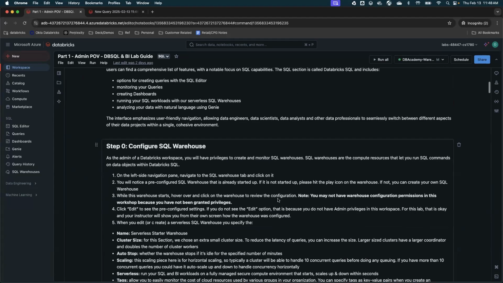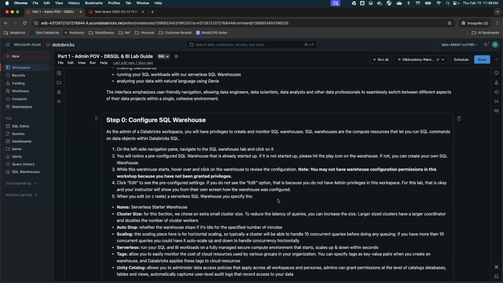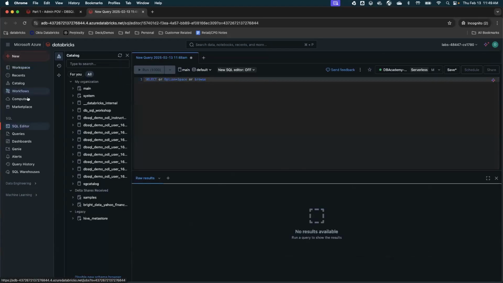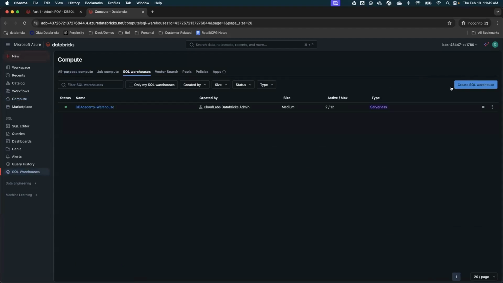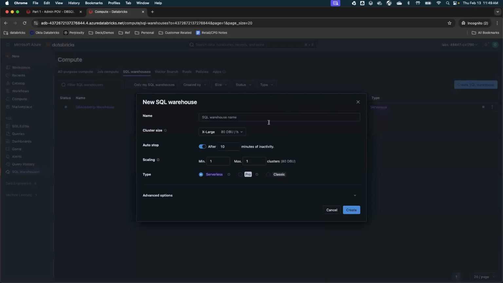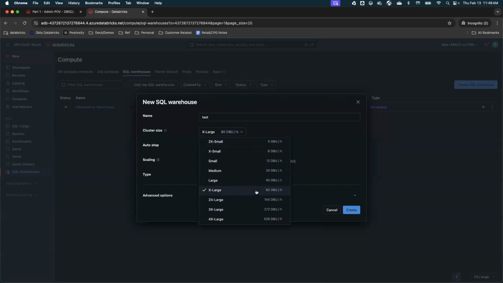Now, we already went over configuring SQL warehouses, and how a SQL warehouse looks. But as a matter of fact, let's say if I want to build a new SQL warehouse, it's pretty easy. You click on SQL warehouse, you create SQL warehouse. You can give a name to the SQL warehouse. You can decide the cluster size, which also talks about how many DBUs you will spend each hour.